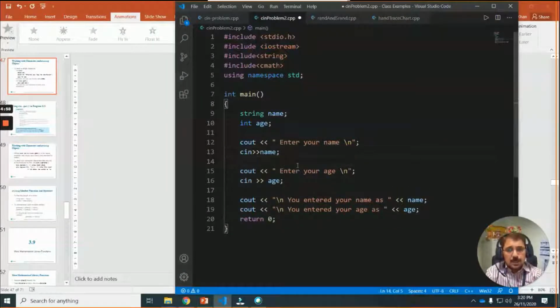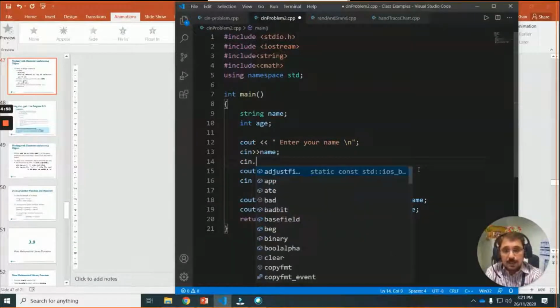After the cin statement, one time it read from the input buffer, then we need to clear the input buffer, so that next time when cin comes for reading, there should not be any leftover spaces or tabs there. To clean this, there are two functions, like cin dot clear.